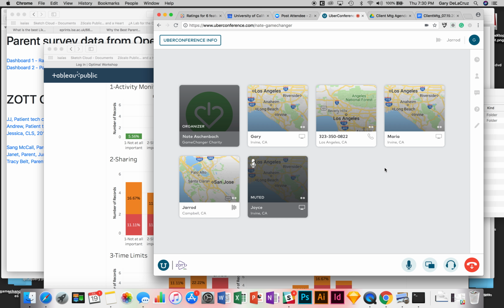Typically, we wouldn't want to put something in front of a hospital community that we're not already working with, that we haven't already shared the platform information with, because we wouldn't want to confuse or muddle the message. But if the hospital staff is already working with us, and they've already seen the product and are on board, then showing versions of it to patients and parents would be okay.